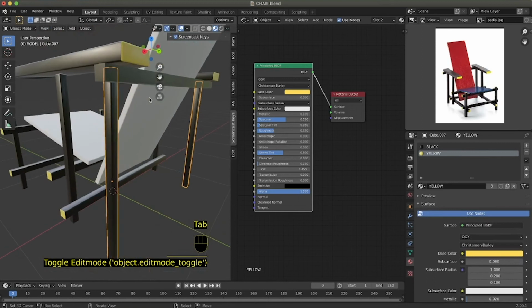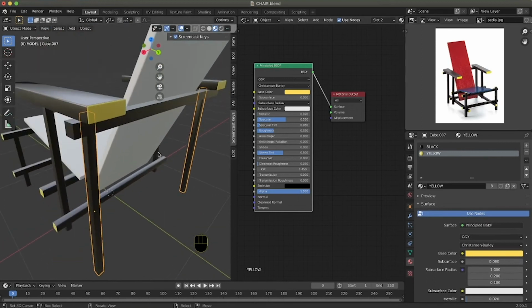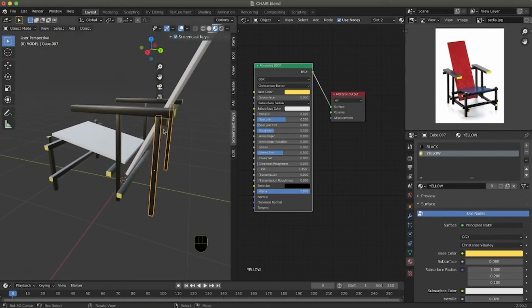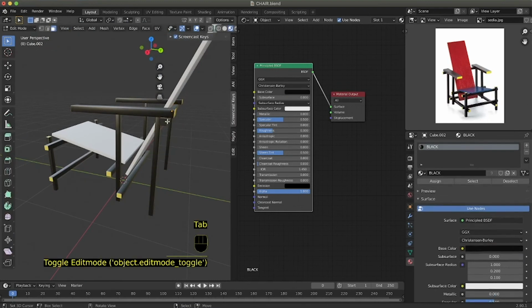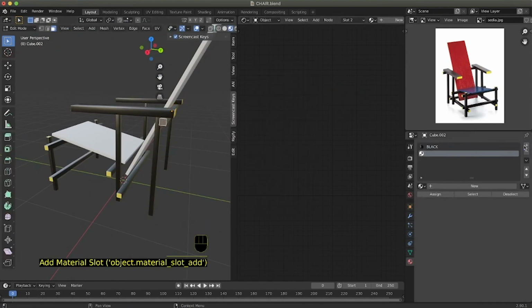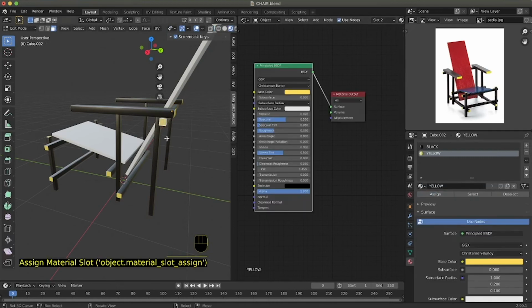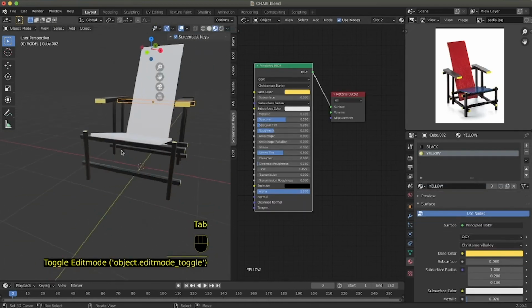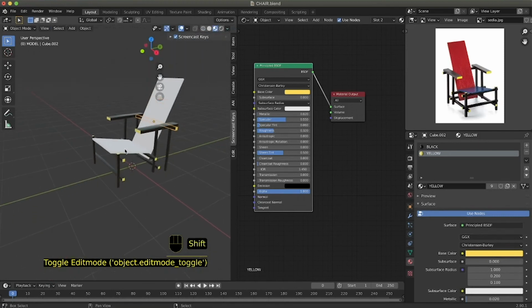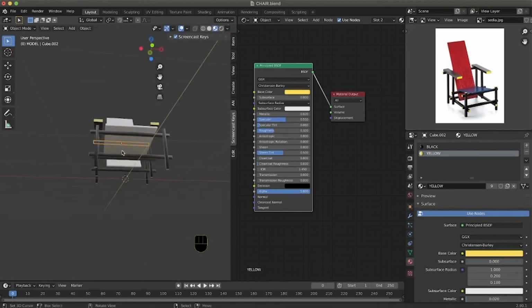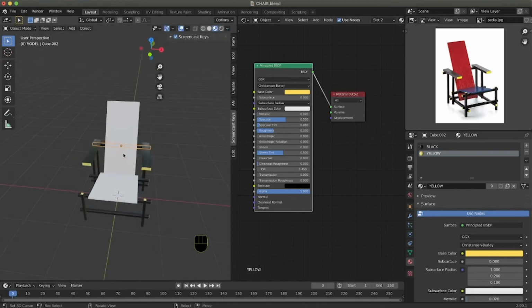And the last part that we need to alter, yes, is yellow, is this one. So we select this, and again it is already mirrored in the center, so we simply have to assign the material here. And the chair is already taking a little bit of form.